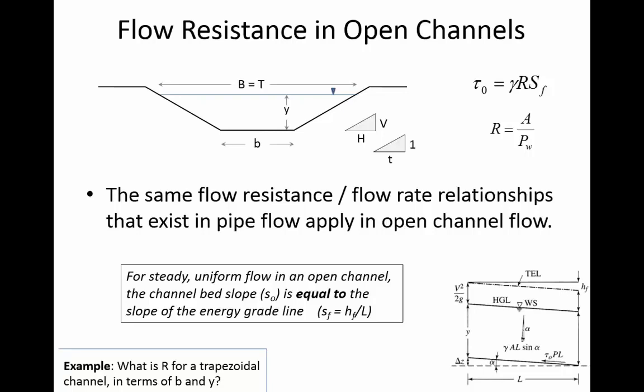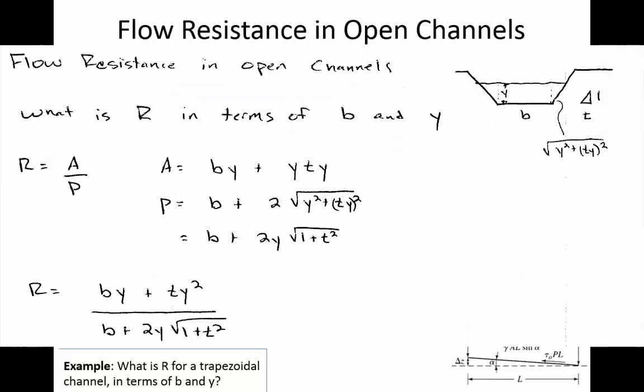For the area, it is going to be b times y using the shapes method, where we're breaking it up into a rectangle and then two triangles. It would be plus y times t times y. Now that can be generalized because y times t, this was when it was equal to 2. So let's just say that t is